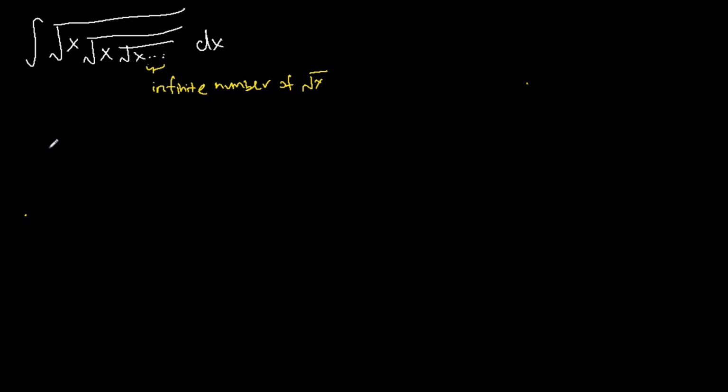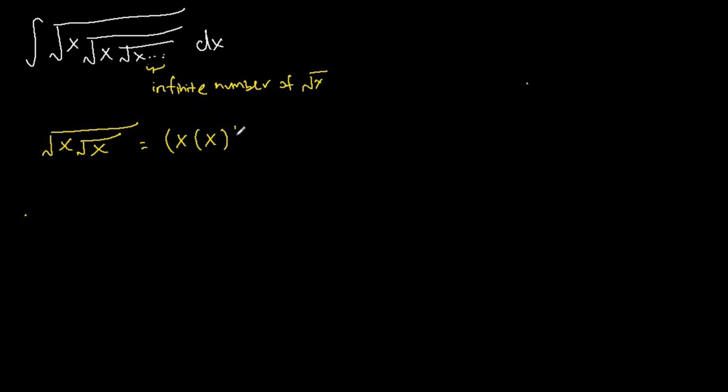So the first thing you can do is to approach this question using a very simple problem, which is the square root of x times the square root of x within this square root itself. So this is equivalent to x,